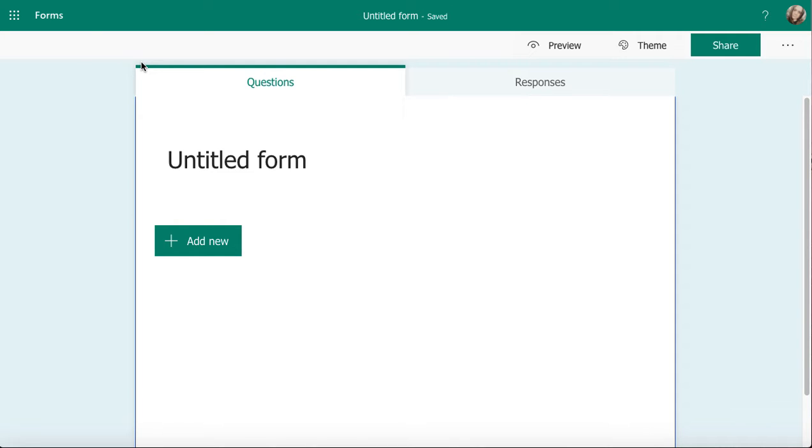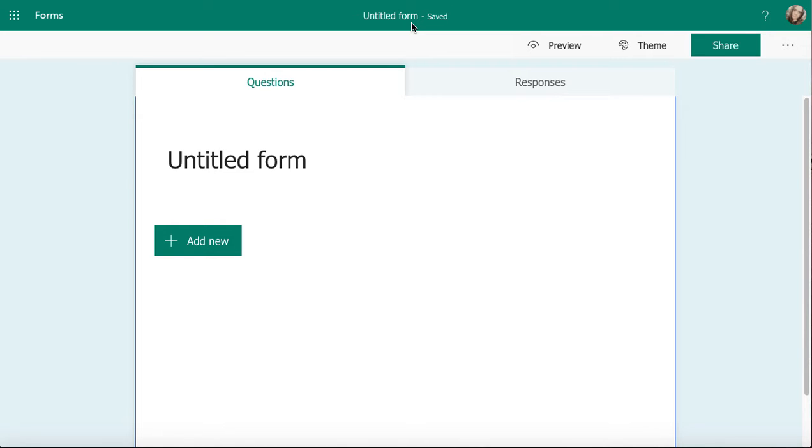Just a little bit about the navigation then. If I want to go back to the home screen, I can click on Forms in the top left hand corner, and that'll just take me back to the screen I was at a second ago. At the moment, my form is untitled. As soon as I create a title and put that information in there, that will change. And it's useful to know that Forms automatically saves. So you won't see a save button anywhere. It will save it as soon as you've made any changes. So you can't forget to save it and then lose all of your work,